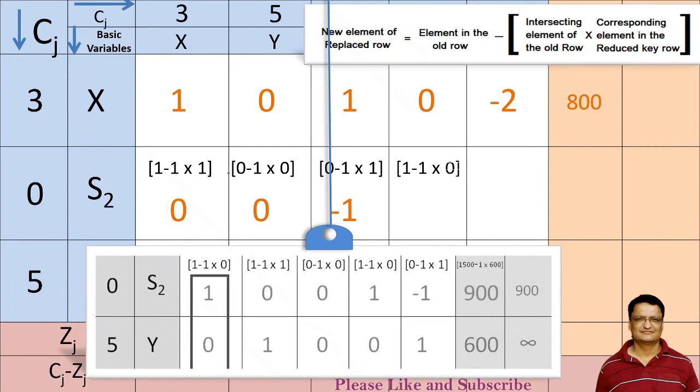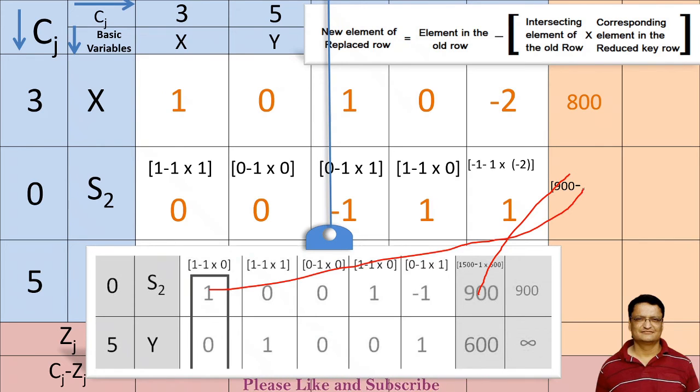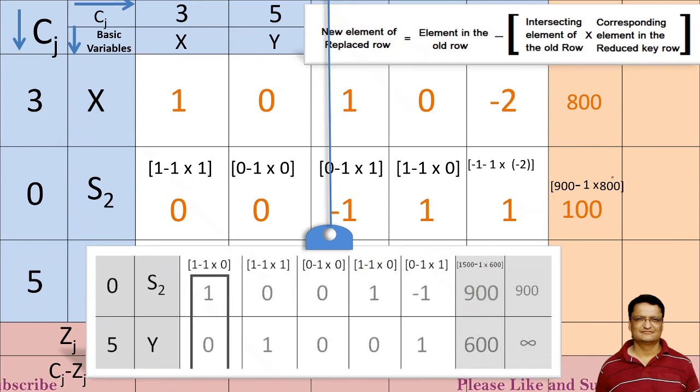We will see one more time how we evaluated the last element. The element in the old row is 900, and minus the intersecting element, which is 1, multiplied by the corresponding element in the reduced row, so this 800 comes over here, and that will give me a value of 100 only.